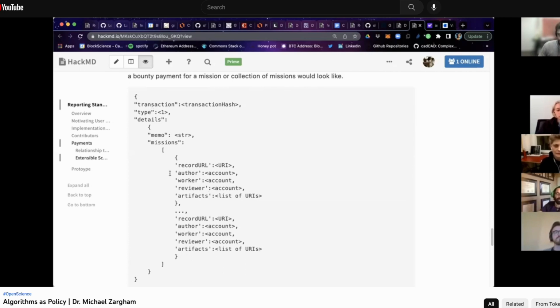And then here, these are missions from the job board, and they have a URI to the job board, and it says, okay, who wrote the tasks? Who did the tasks? Who reviewed the tasks? All right, here are some artifacts: GitHub repos, documents, blogs, whatever. And then you would in turn maybe put a bundle of these together and make a payment. And so